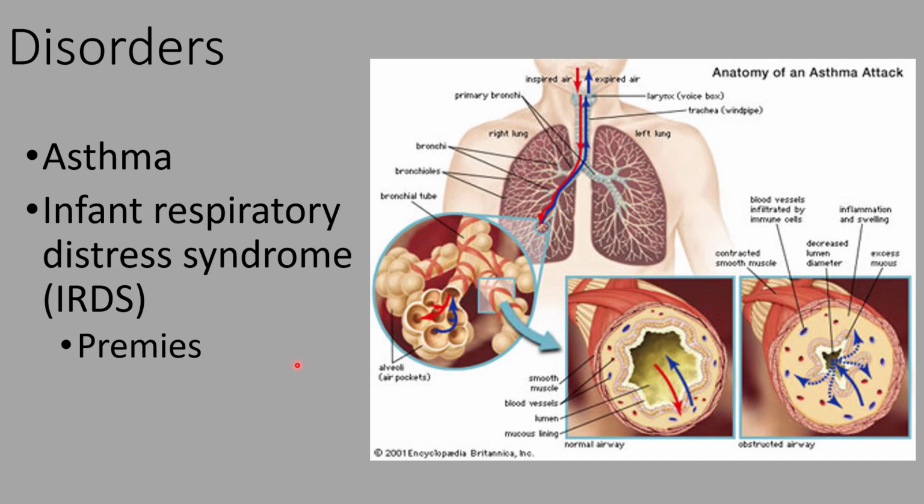It's getting all of its oxygen and carbon dioxide exchange through mom. So other things are being developed first. But there's no reason for the baby's lungs to develop until very, very near the end of pregnancy